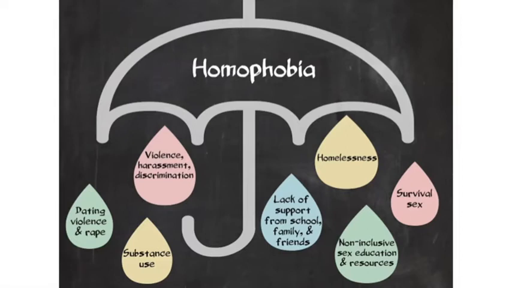And then some other things that might be at play include violence, harassment, or discrimination, which might then lead to someone using substances more often, or it could also explain dating violence and rape. So there are a lot of different things, again, at play here, and we just want to take this moment to recognize all of these. Next thing I'm going to do is turn it over to Simone.